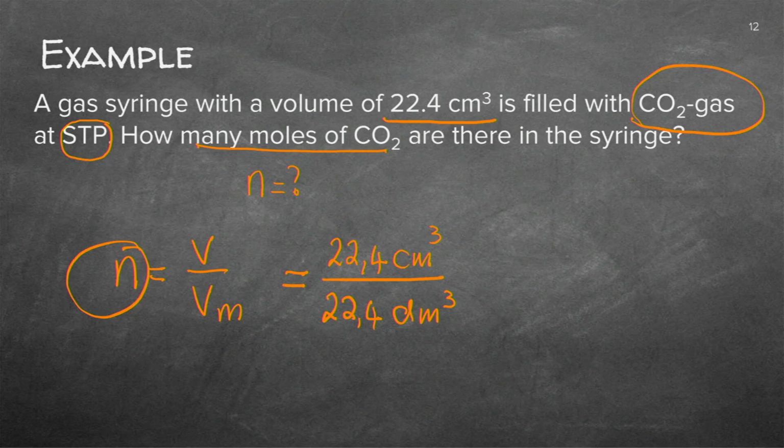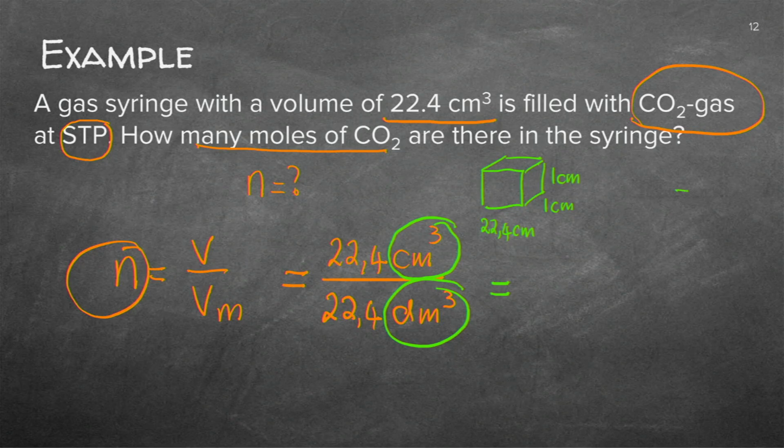Now guys, can you see I cannot work with 2 different units? I cannot work with cubic centimeters and cubic decimeters. So I'll advise you, when you start doing these calculations, immediately take the cubic centimeters. Remember, that was your cube. You've got 22.4 centimeters, 1 centimeter and 1 centimeter, and you've got to take that to decimeters. Now, the way to do it is to divide each of them by 10, or you could just say